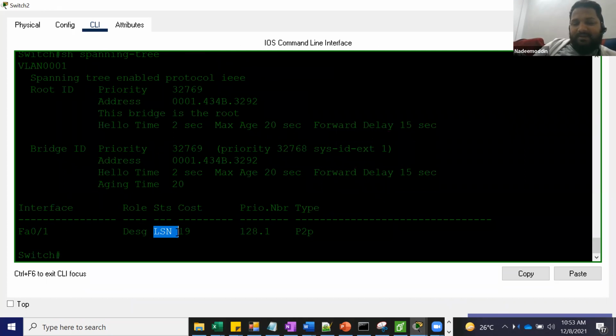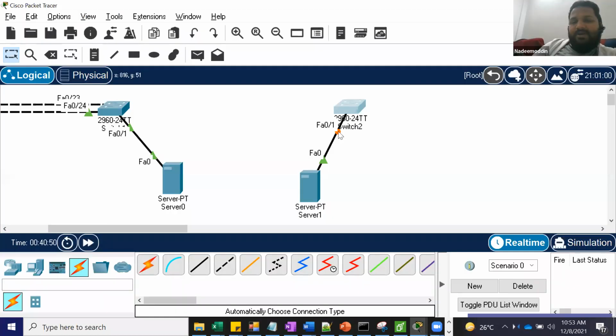So it means it is normal STP. Now it's learning. So to make the server up, it's taking 50 seconds, which is too high. See, now it became green.